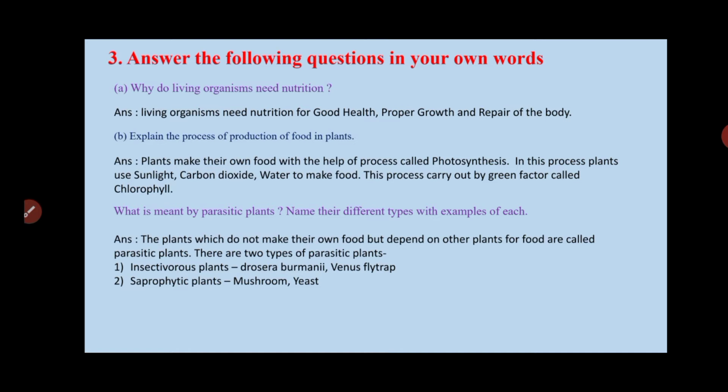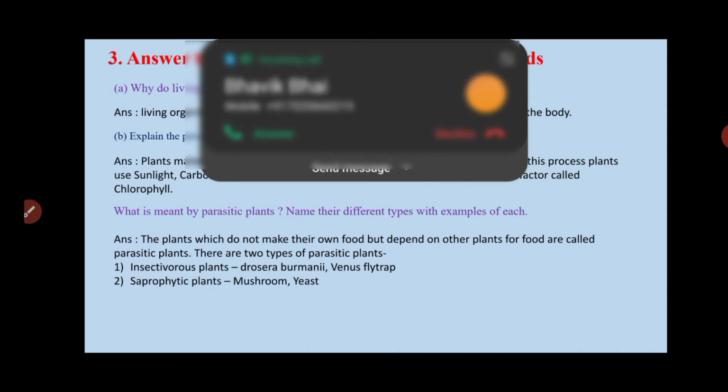Second question is given: explain the process of production of food in plants. Means how do plants make their food? We know that the process of making food in plants is photosynthesis. We call it photosynthesis. In this process, plants use sunlight, carbon dioxide and water to make food, and this process is carried out by the organelle called chlorophyll, which is green in color. With the help of this,